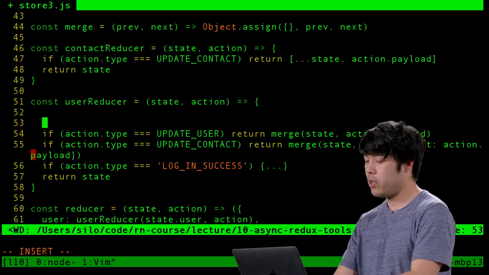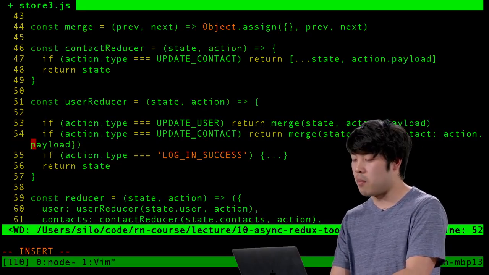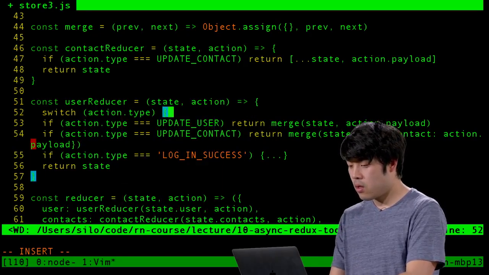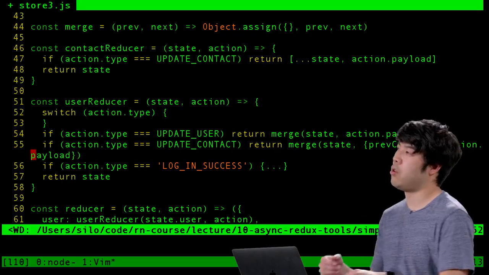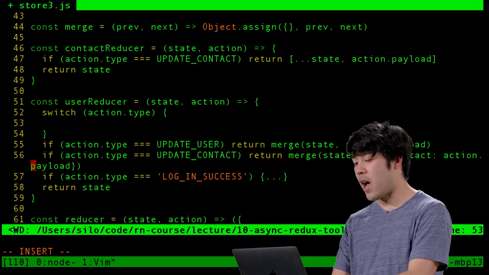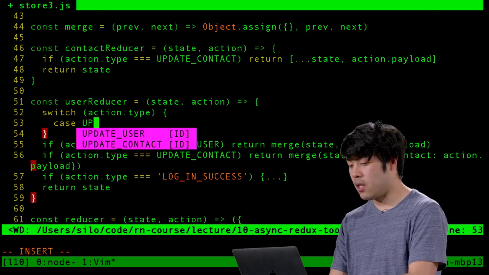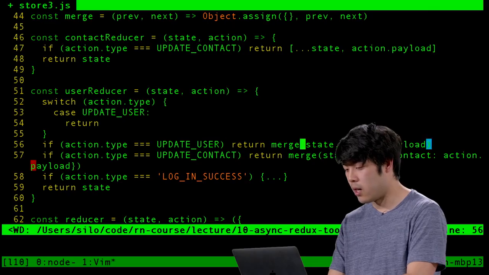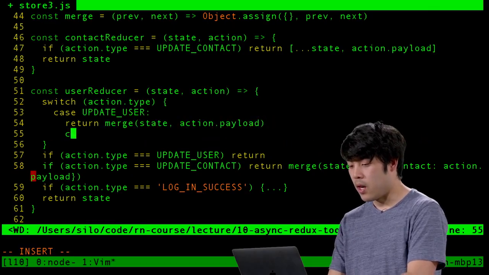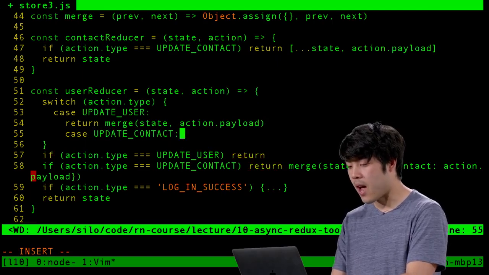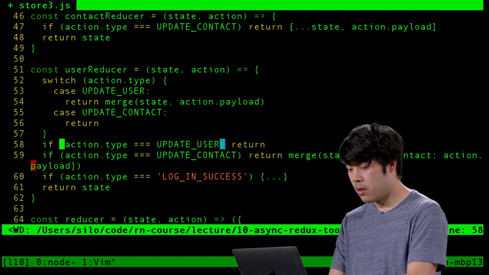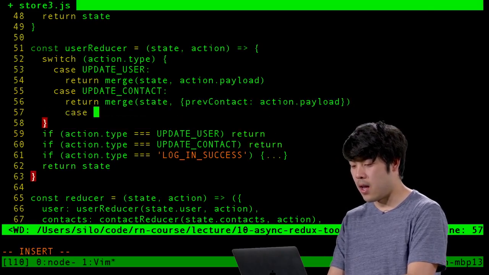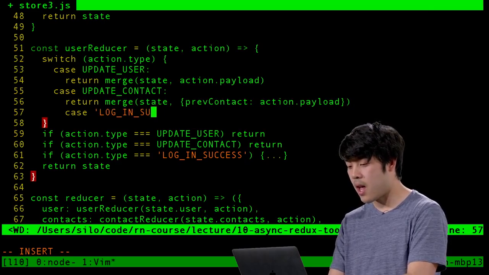And we can actually use something built into JavaScript called a switch statement, which is a cleaner way of checking against the same value over and over and over. And so we can say if action.type happens to be update user, then return what we're going to return here. In the case where it's update contact, we're going to return this here. And if the case is login success,